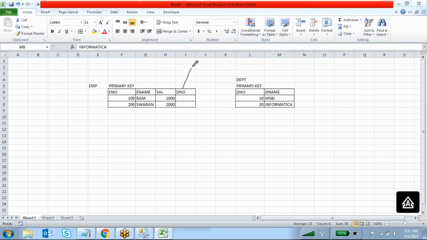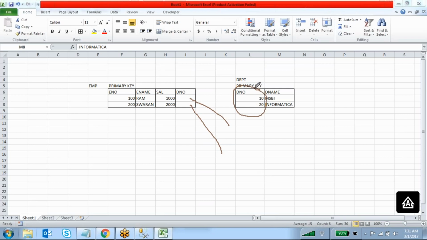If it is referring to the primary key column of another table, whatever value you insert into this column should exist in that table's column.